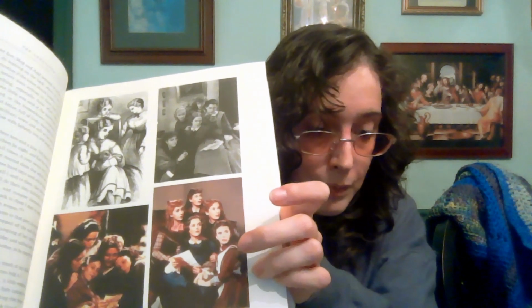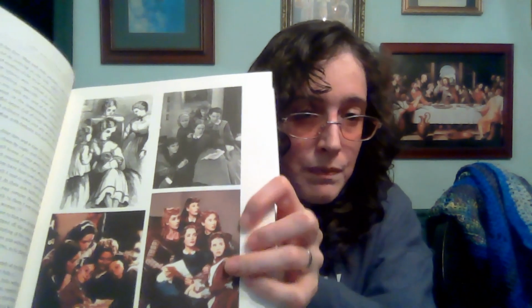Even though this little girl did a very good job playing Mary in The Secret Garden, she was not a good choice, in my opinion, as Beth. She did okay as Beth, but it was a bad choice to have her as Beth when you had Amy played by Elizabeth Taylor. In comparison to Beth, she was just too old for the part. And it was obvious. You either had to have the actors switched, which I don't think would have worked either,